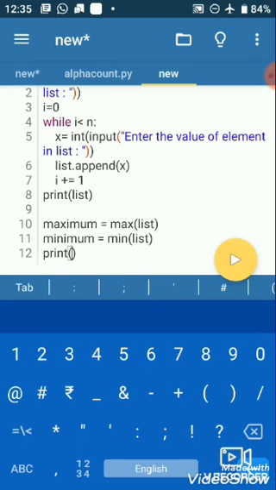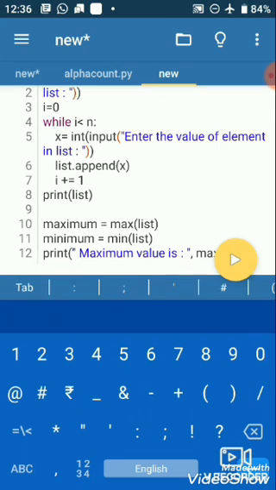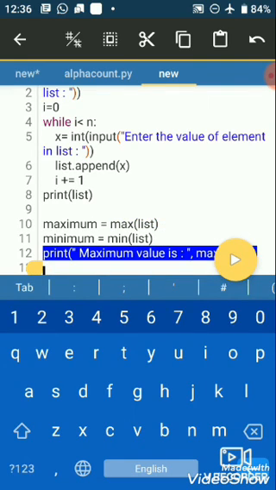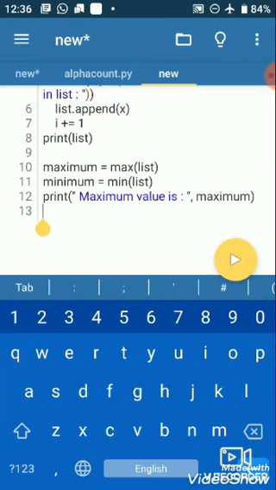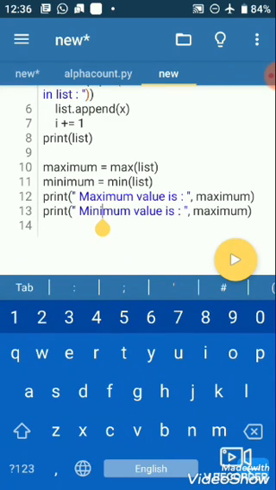And inside the print statement, maximum value is, then after inverted comma the name of our variable, that is maximum, and for minimum value is minimum.